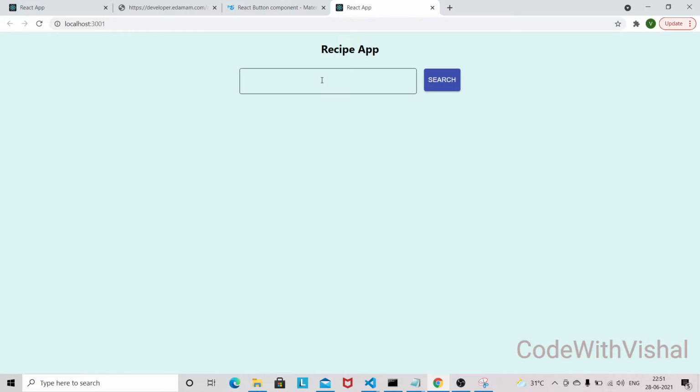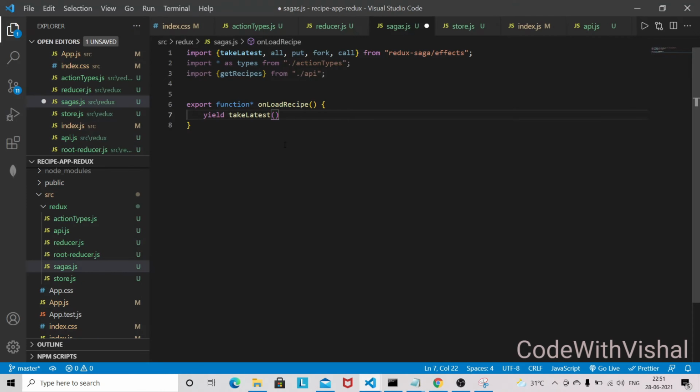So if you type something here and click 4-5 times, it will only consider your last click. So this is the advantage of using takeLatest over takeEvery. takeEvery basically considers every request, but takeLatest will cancel all earlier requests and accept only the last click. So I hope that makes sense to you.